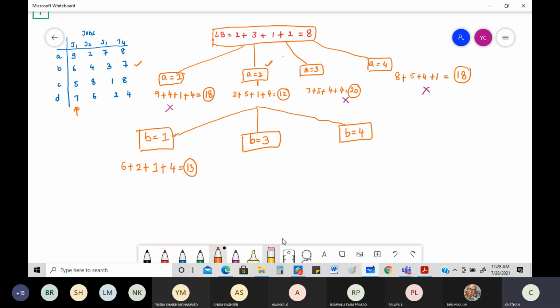Okay, then move into B3, assuming that third job is allocated to B, which is nothing but this one. Okay, it is allocated to 3. So what is going to happen? I need to check for a minimum aspect between J1, J2 and J4. Okay, minimum among 9, 5, 7, which is minimum. First of all, if B is doing the third job, what is the cost you have? 3. Okay, so I'm going to write that 3 plus minimum among 9, 5, 7. What is it? 5 plus minimum among 2, 8, 6. 2.